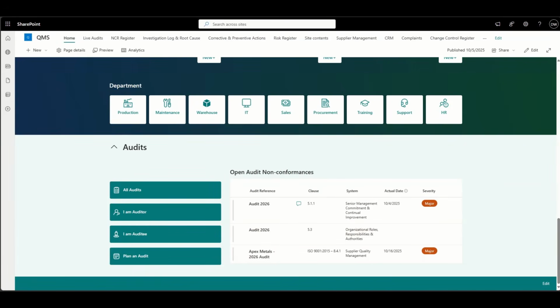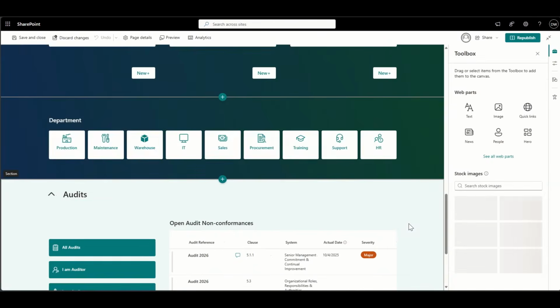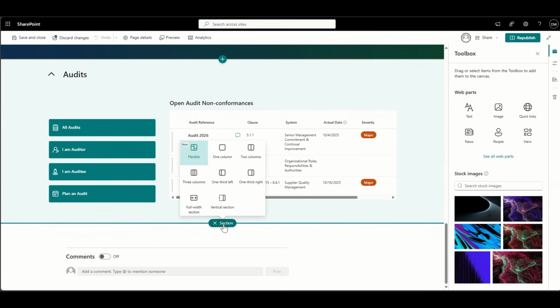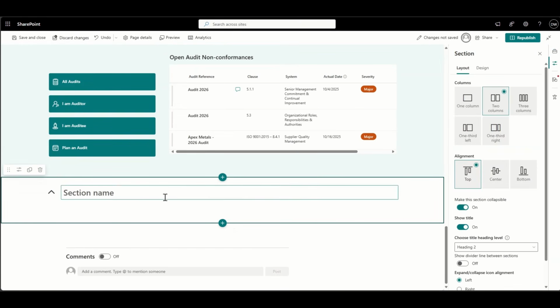So the next section that we're going to create is going to be our risk management section. So again, I'm just going to go into edit mode. I'm just going to go down here and I'm going to select a new section, which in this case I think is going to be a 2-column section. We're going to make sure that we can put in here a title,